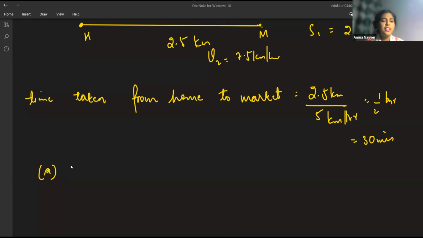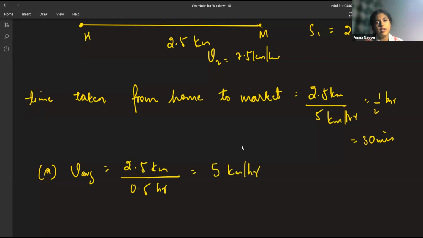So average speed, when you are calculating, total distance covered. What is the total distance covered? 2.5 kilometers. What is the total time taken? 30 minutes. But let us use the same unit. So half an hour we will use 0.5 hour. That becomes 5